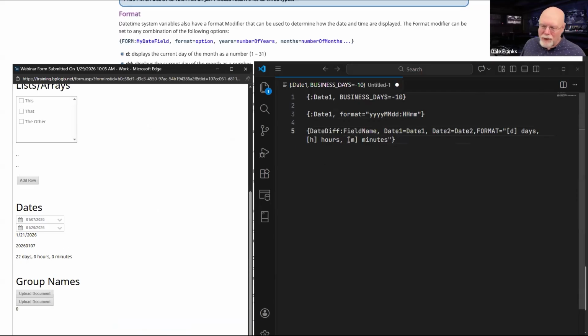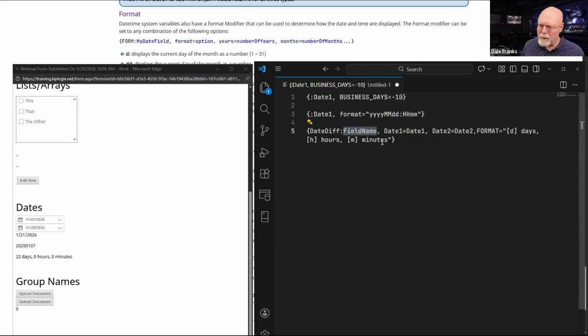So basically what the date diff control does, and it is again one of those form controls, like the date time picker where you want to do special things with times. The date diff control is a form control tag. It does not have a representation in the menu. So there's no UI control for date diff. This is something you have to throw in via a system variable. It is one of the two super common system variables that you need to use for control. Now it does get a name.